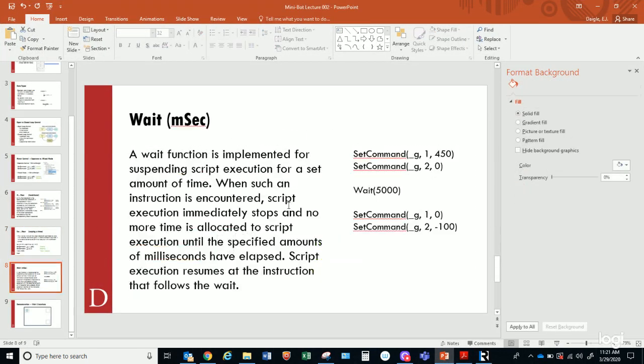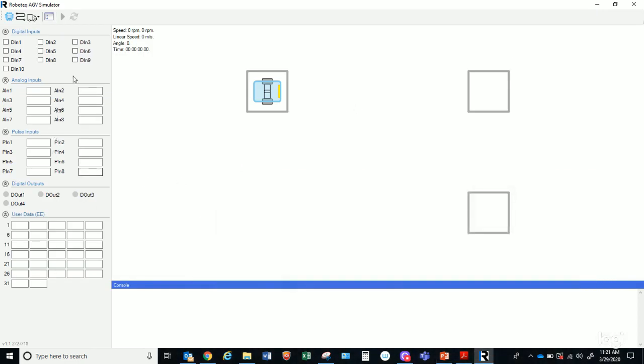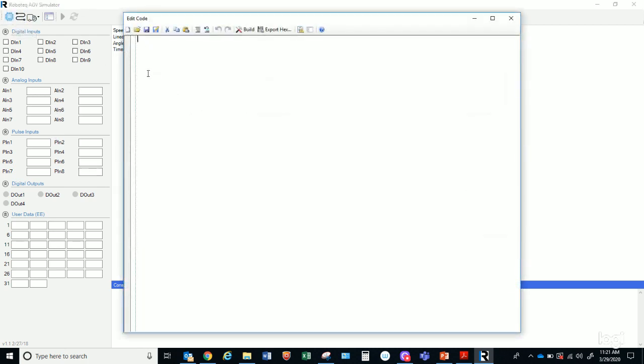If I wanted to just start with this as an example, if I want to use this as my code, now I can go into my open code, and I'm always going to start out with option explicit, and then I'm going to paste some of that code in here. What I know this should be doing is, and I do want to see you guys do this, you should have some sort of